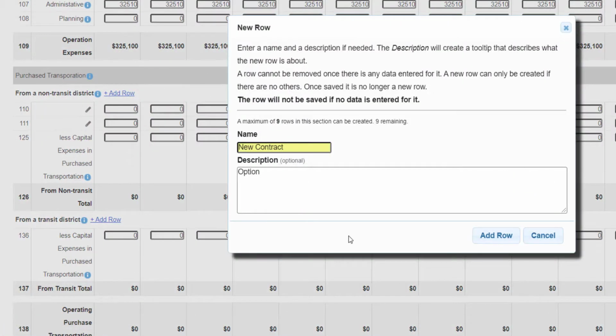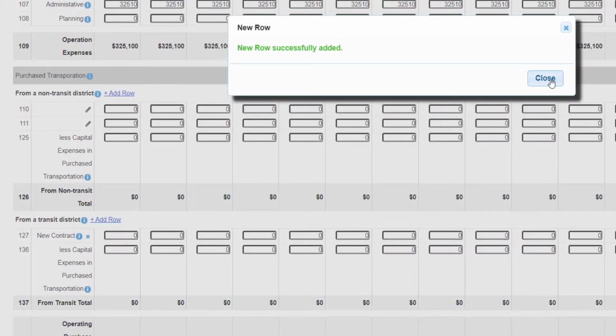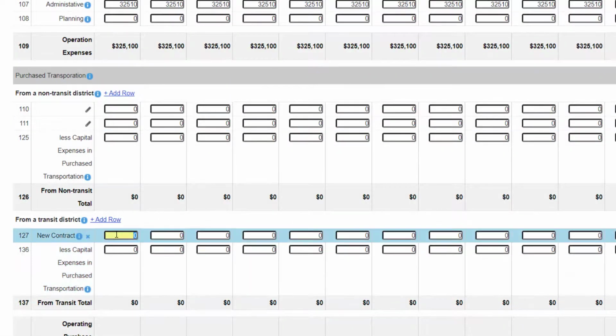add a new contract. The pop-up menu will appear, allowing you to enter the name of the contract and an optional description. Click on the Add Row button in the pop-up menu, then enter and save a value in the new contract row that appears in the worksheet. You must save at least one monthly value for expenses in the row in order for the contract row to